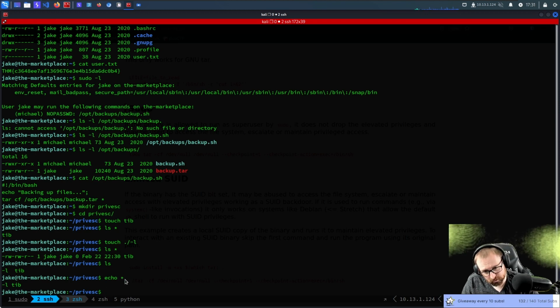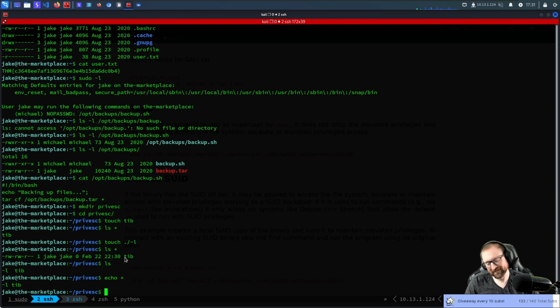An asterisk in Bash will take the names of all the files in the current directory, and it will concatenate them using spaces. And it just so happens that also in Bash, arguments to executables are separated by spaces too. So if you ever have an asterisk after a command, and one of the files in the current directory just happens to very closely resemble an argument for that command, like ls -l, you can execute that.